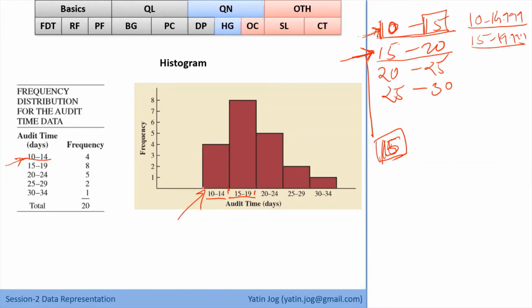So for values between 10 to 14, there is some frequency on the y-axis. Immediately from 15, I'm starting with the next set of values. Immediately from 20, I'm starting with the next set of values. So my x-axis is continuous in nature. In this way, if my x-axis is continuous in nature, the type of graph I'm getting is a histogram. And this is the base concept in any kind of analysis.